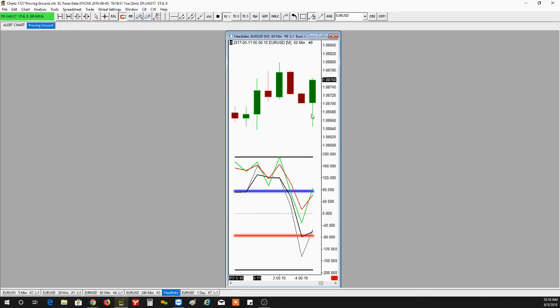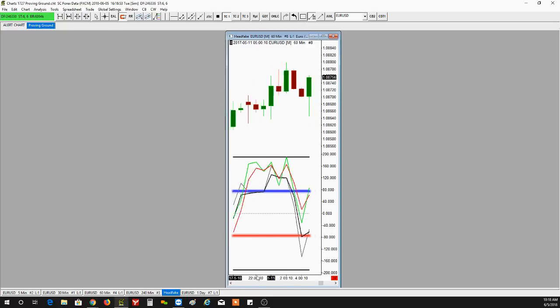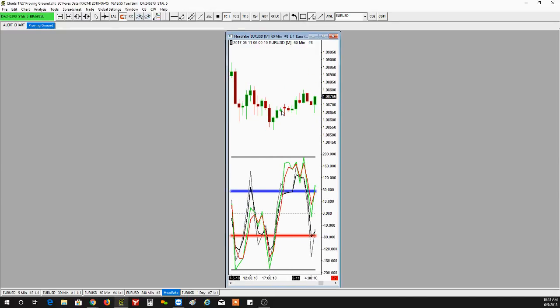And then we retrace this whole little consolidation right here. But look at this up compared to this down. So this red candle, that red candle, and this shadow represent the soft down,